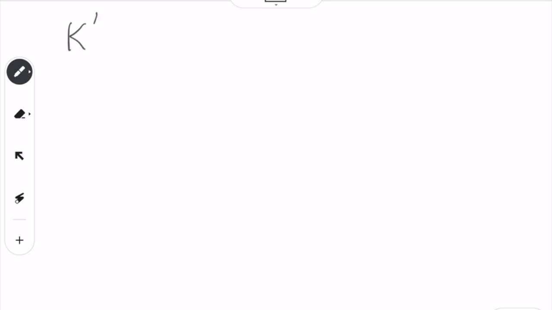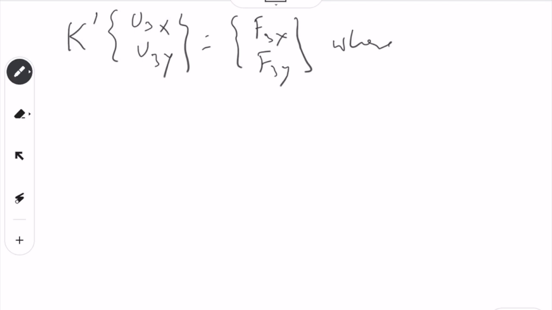Let's write k dash times u3x, u3y is equal to f3x, f3y, where k dash is equal to, okay, what. So this we have to find out, right. So we can say this is equal to k dash 1 plus k dash 2, right, and k dash 1